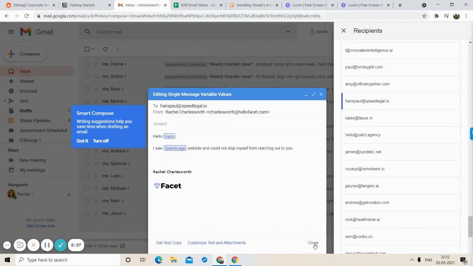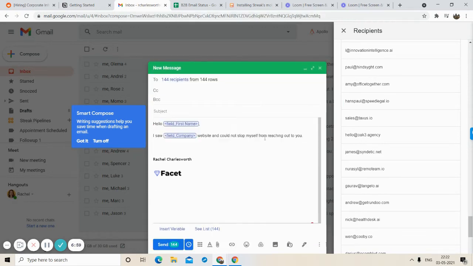So that's it, right? Now other features, if I have to tell you. This is the more tool option we have, and this is nothing but insert Loom recording. I'm recording this video on Loom, right? So if I want to send this video to my email subscribers, I can just click on this, upload my Loom video and share it with my subscribers.